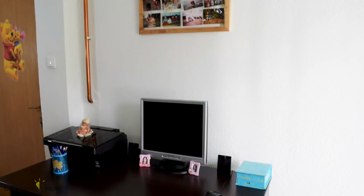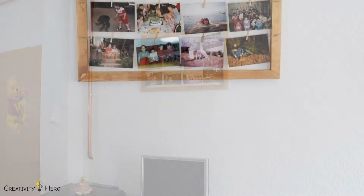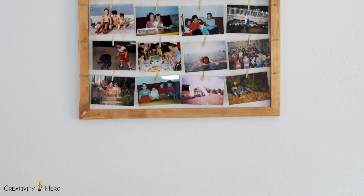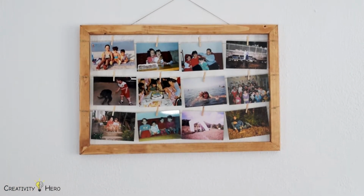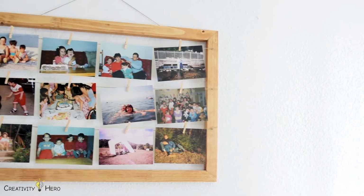In this video, I'm going to show you how to make this really cute hanging clothespin photo frame. You can create a perfect addition to your home with this amazing DIY frame. It's simple, easy and fun to make, and my favorite part of this project is hanging the photos that remind